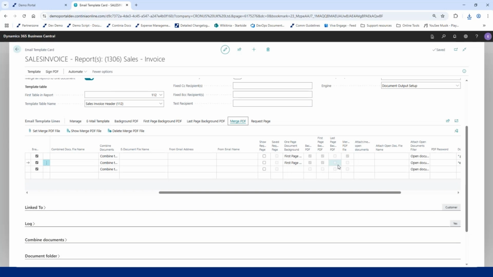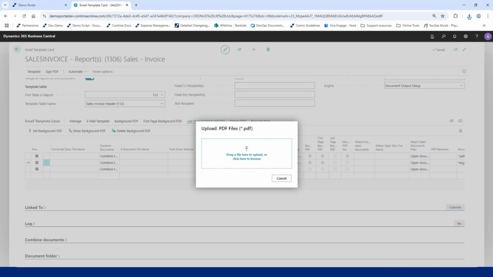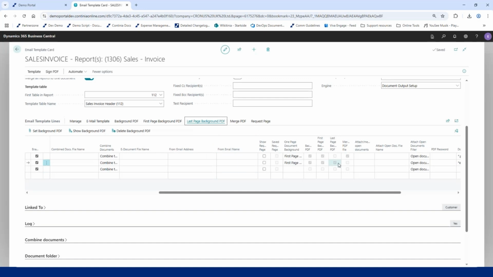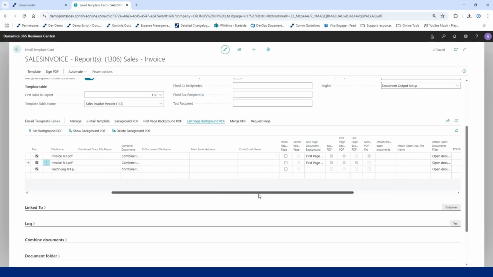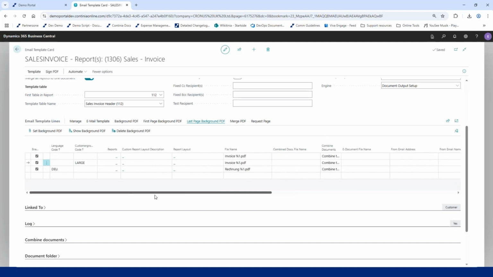I see the indicator here, which backgrounds or merge files are added or not. And I will then add the last page for this large account variant. Let me just fetch one here. Set it, find the correct one in my list, and drop it. So now I have the last page PDF added to the large account. All right, so next up would be to change the